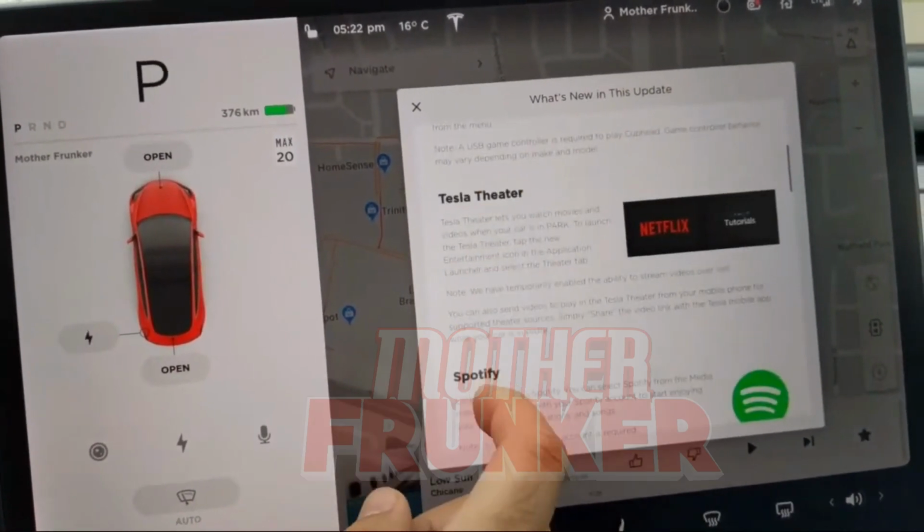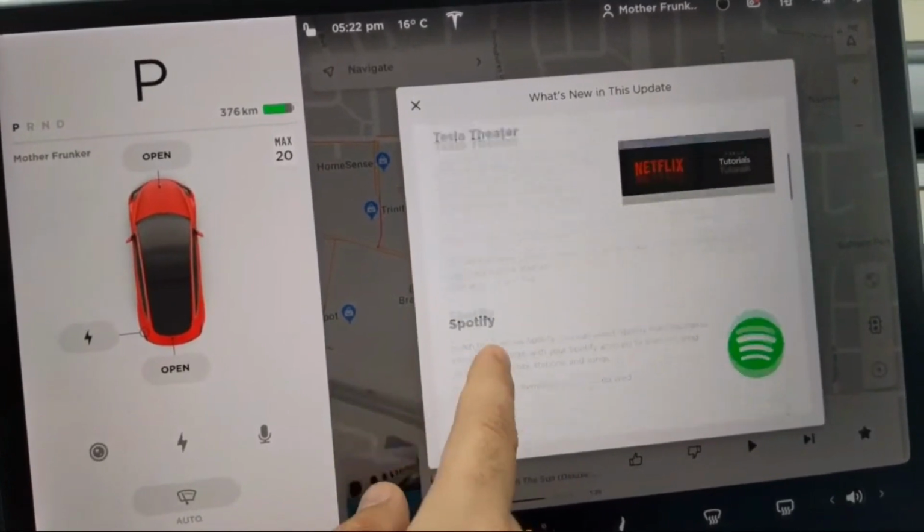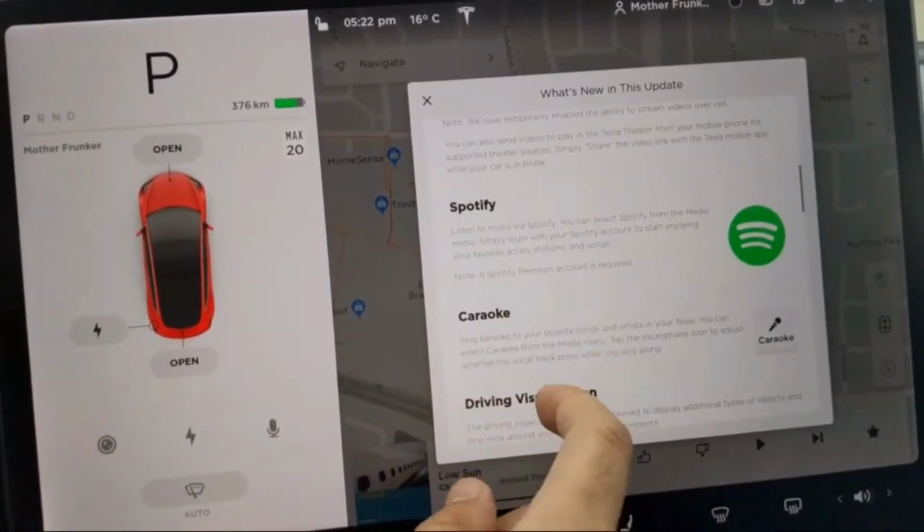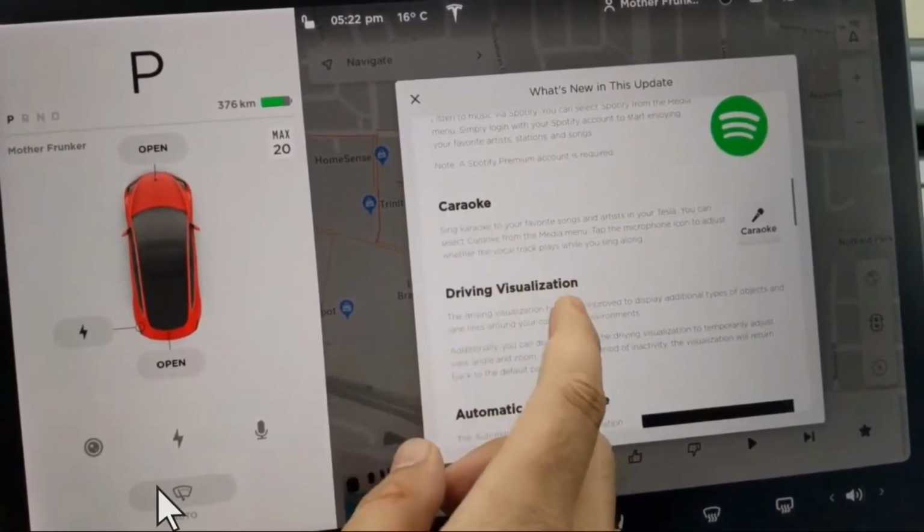In this one, we're going to take a look at a specific feature, a part of the version 10 update for Tesla. The clips you're about to see were taken from a live stream that I did,